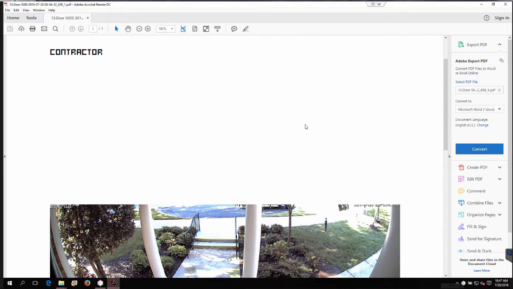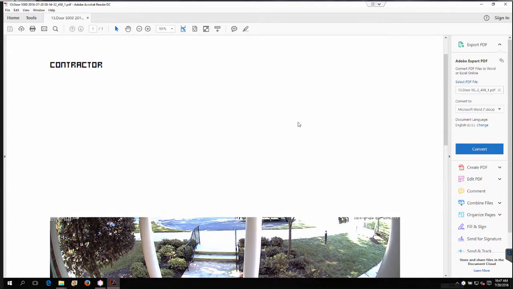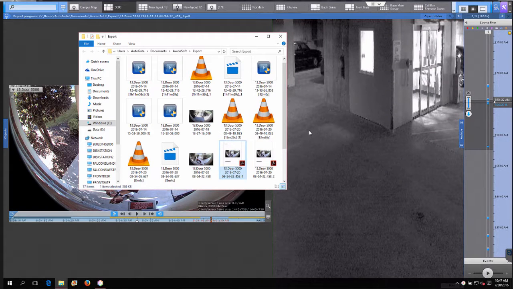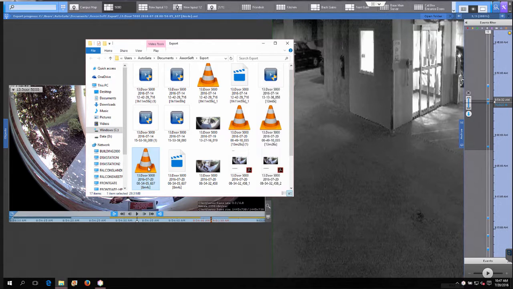Let's say you ban a member from your property, and you want to have notes on that ban and a photo of that person. This would be a good way of doing that. And again, we can come in, look at the AVI file, open the folder, and this will be an